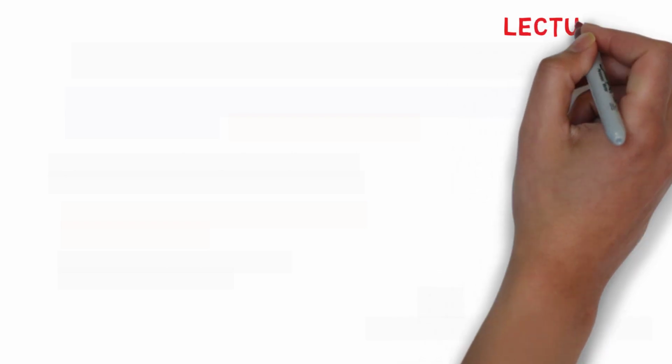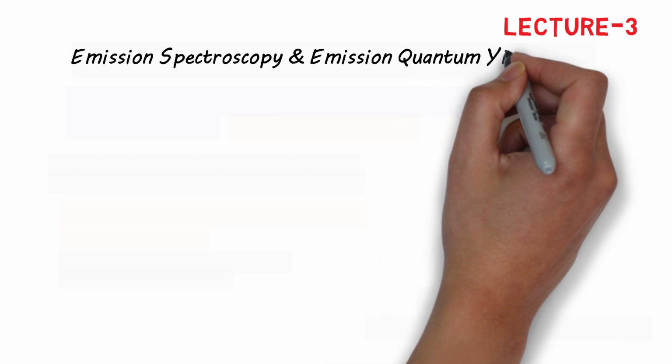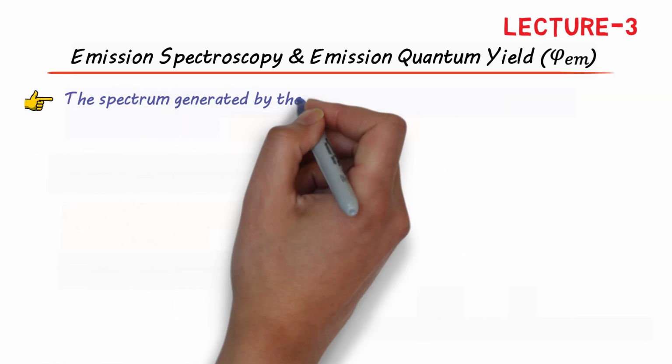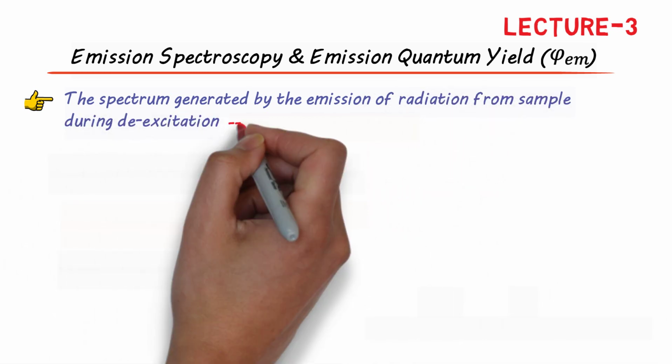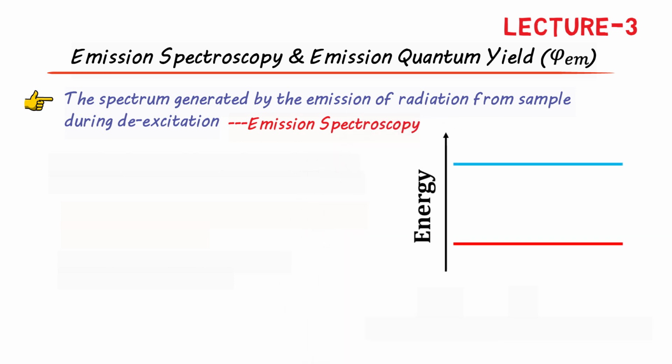Hello dear students, in this lecture we will talk about emission spectroscopy and emission quantum yield phi-EM. As you know, the spectrum generated by the emission of radiation from a sample during de-excitation, we call that emission spectroscopy. This is shown from the diagram that the molecule in the excited state reaches the ground state by the emission